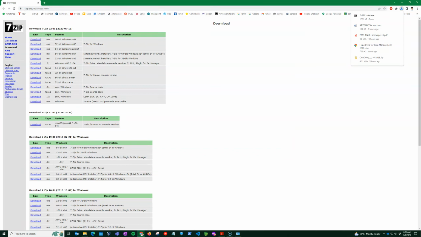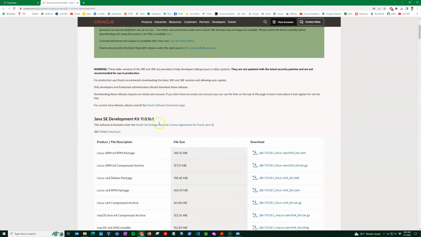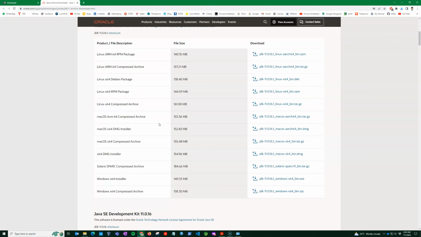The next file that I need is JDK, Java Development Kit. I'm going to open the website that gets me to the Java downloads page. Of course, for some of you, it may ask you to sign up. For some of you, it may ask you to accept a license. I'm already logged into my Oracle account in the cookies, so it doesn't ask me anything. So I just go ahead and scroll down. Here you can see that I have a 64 installer and a compressed archive. I would prefer the installer, so I'm going to choose download JDK